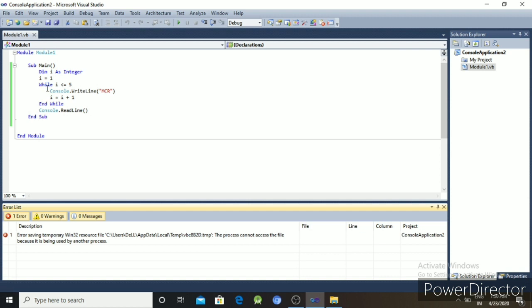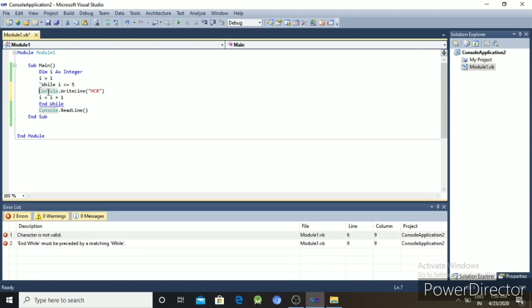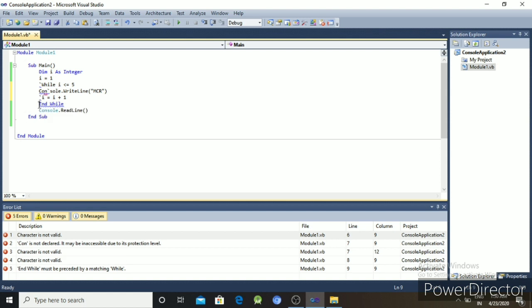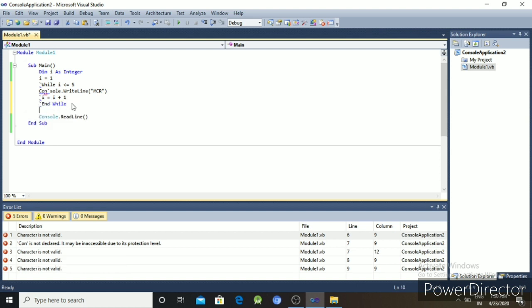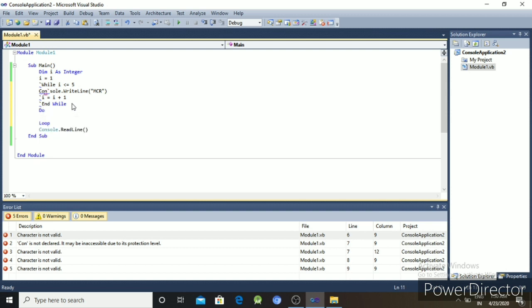The second type of loop is do while. The loop is written under the Do keyword and ends with Loop.